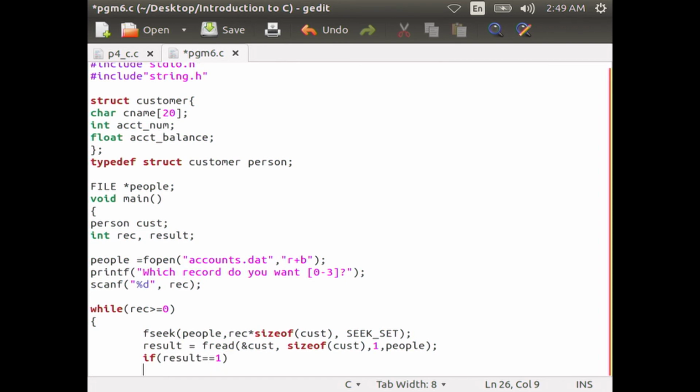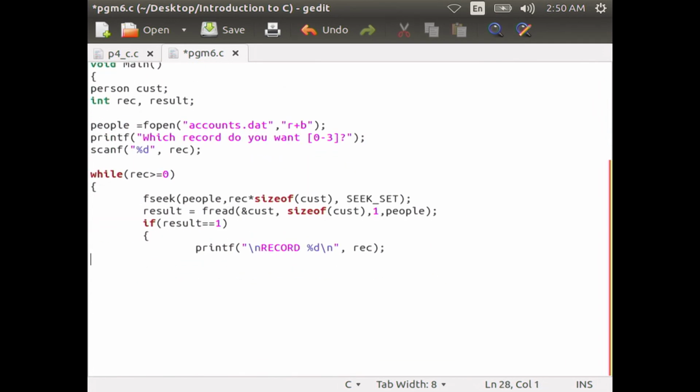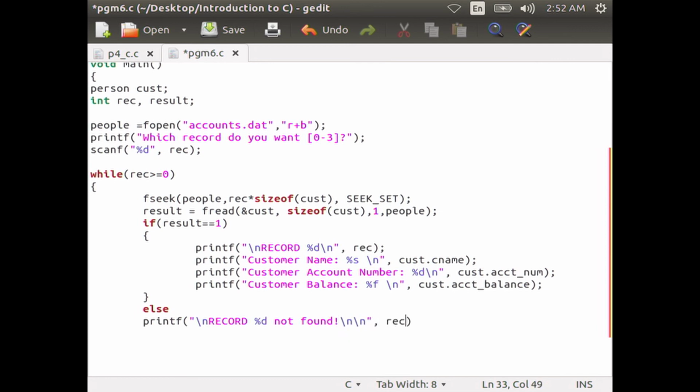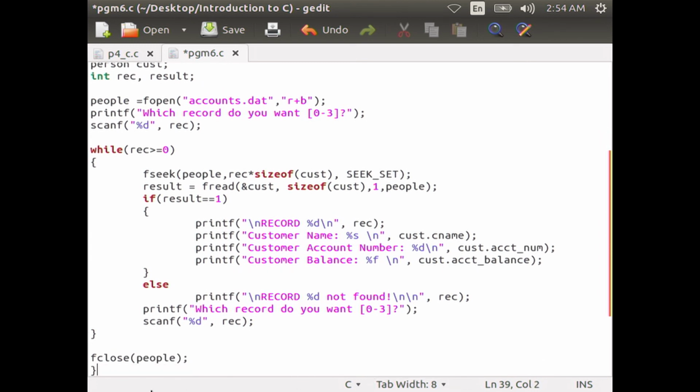If result equal to 1, within curly braces: printf("Record %d", rec); printf("Customer name %s", cust.cname); printf("Customer account number %d", cust.acct_num); printf("Customer balance %f", cust.acct_balance); then close the brace. Else printf("Record %d not found", rec); printf("Which record do you want 0 to 3"); scanf("%d", &rec); then close the curly brace, then fclose(people), then close the final curly brace.